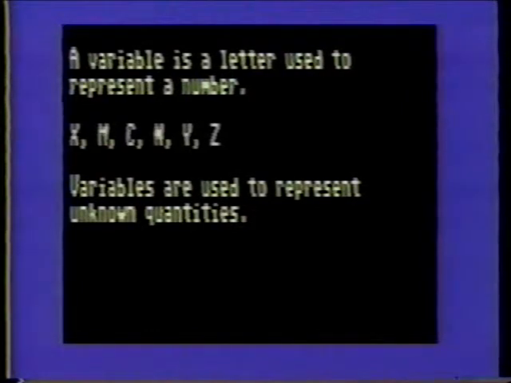One of the key things that separate algebra from basic mathematics is the use of variables. A variable is a letter used to represent a number. X, M, C, N, Y, Z are examples of variables. Variables are used to represent unknown quantities. Using X as a symbol for multiplication is not recommended because it might be mistaken for a variable without proper